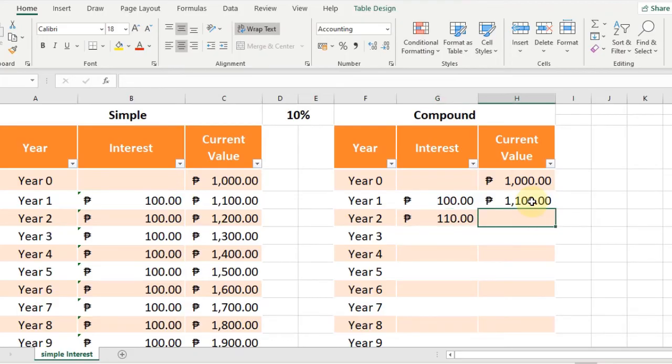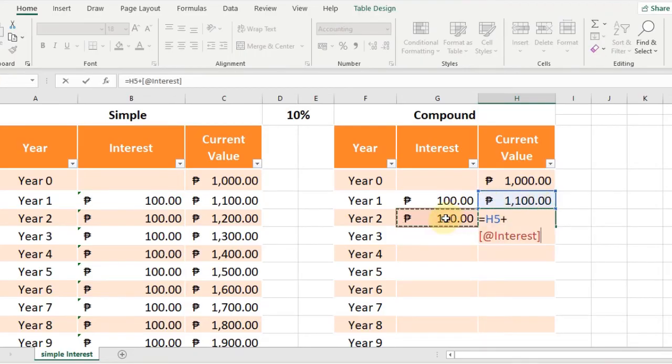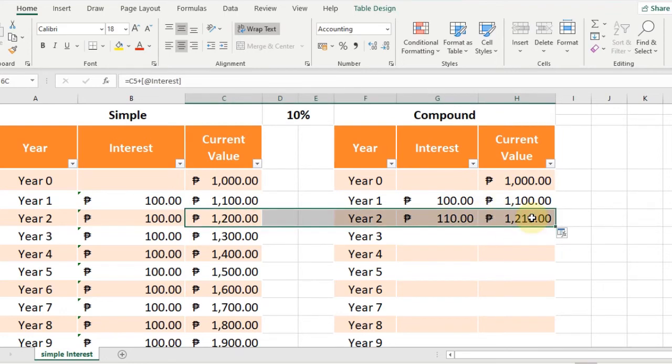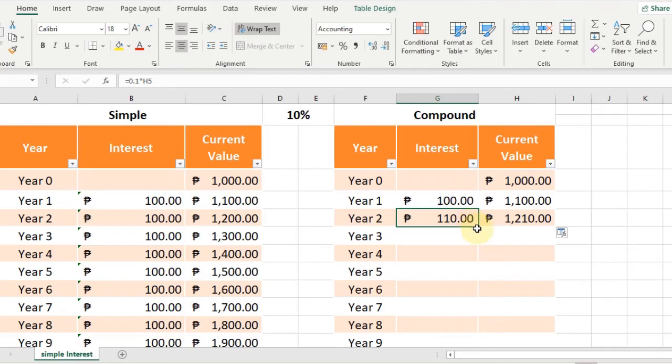Your present amount, the money that you have now at the end of year 2, is your previous balance plus the interest that you earn, which is 1,200. So already here, you can see that you gained 10 pesos more in compound interest than in simple interest. Now, take note that for